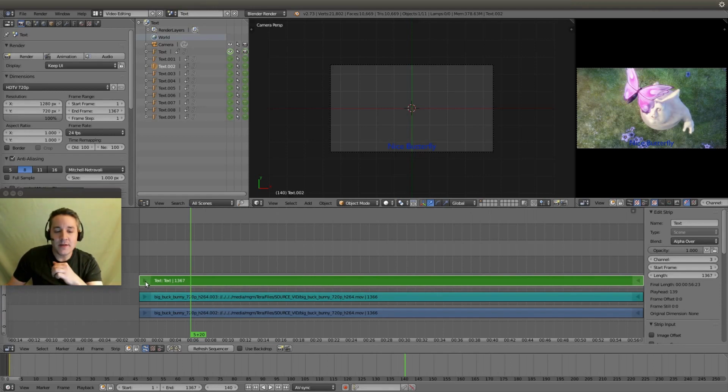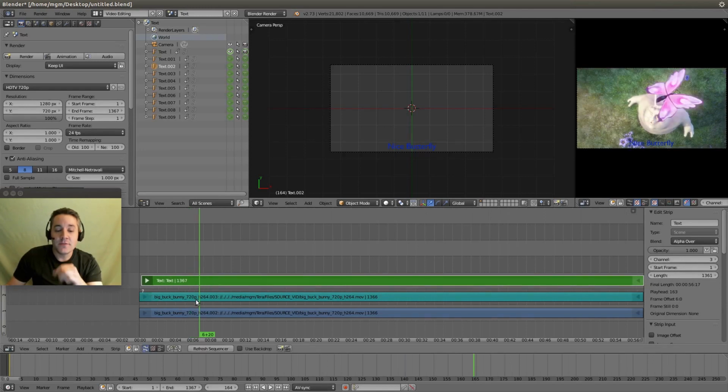I would not recommend ever changing the size of this strip, and I wouldn't recommend changing the actual frame range after you've actually laid the strip. It causes Blender to go kind of haywire, and it loses all the keyframes. So again, I'm just saying that what you need to do is add the scene last, after you've actually finished doing all the rest of the editing, and after you've already set your frame range from beginning to end. And if you do that, you shouldn't have any issues with the scene rendering and honoring all of the keyframe